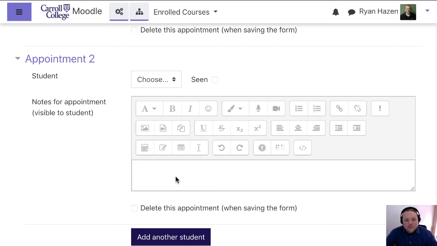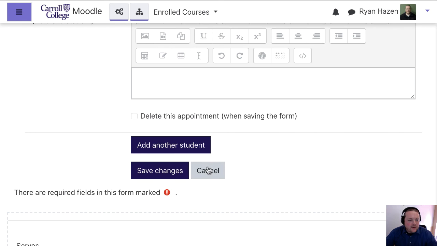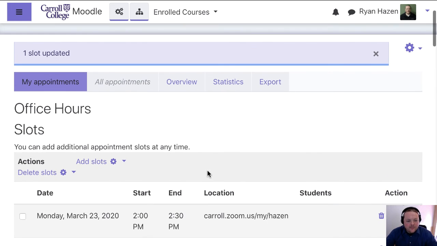So if you want to manually add a student, and you had students in your course, you could manually add them here, check them off as seen, and add any notes that you wanted to. I don't have any students in this course, so I can't do that, but that would allow you to do so. And then you'd click Save Changes, and it would update the appointment so that you would see that